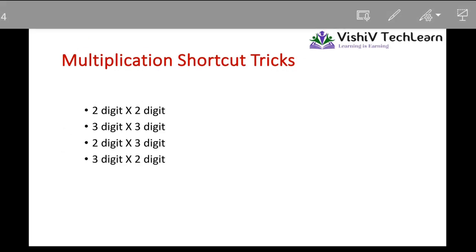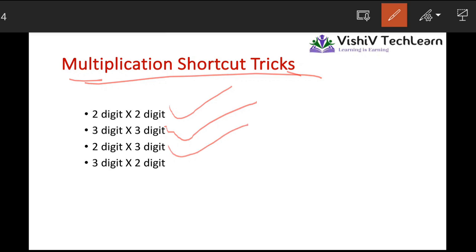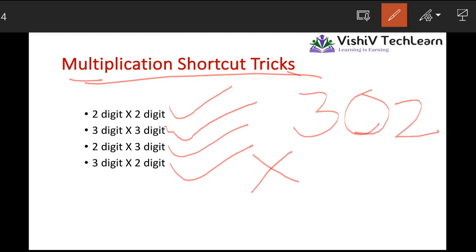So these multiplication shortcut tricks can be applicable to 2-digit into 2-digit number, 3-digit into 3-digit number. These both we have seen, and these also can be applicable to 2-digit into 3-digit or 3-digit into 2-digit. So simply if we have, let's say, 302 as the first figure multiplied by, let's say, 12. In this case the first figure is 3-digit, the second figure is of 2-digit, but still we can apply this multiplication